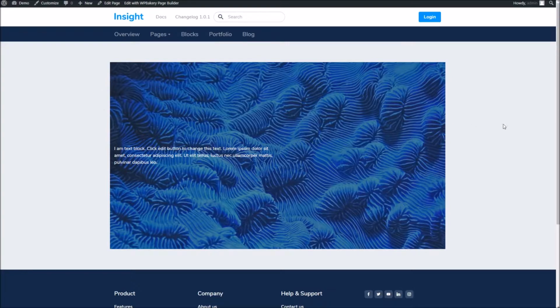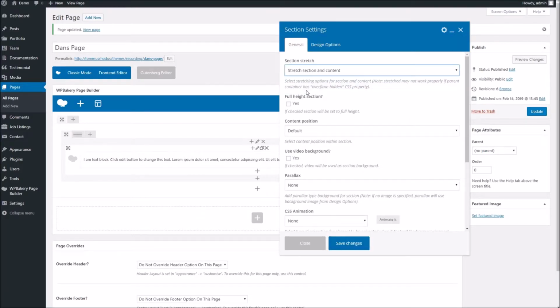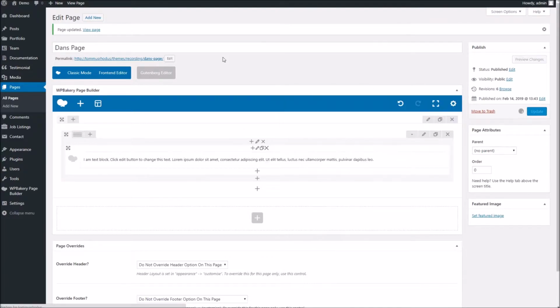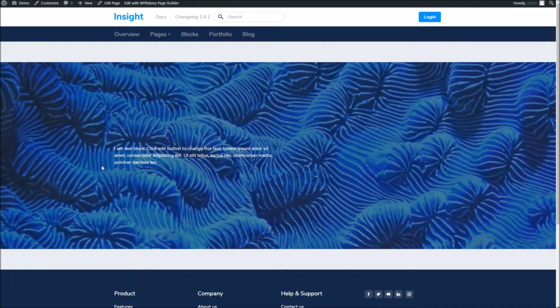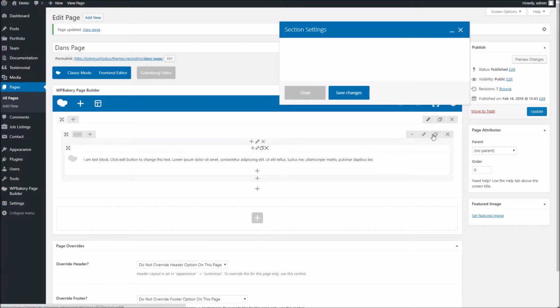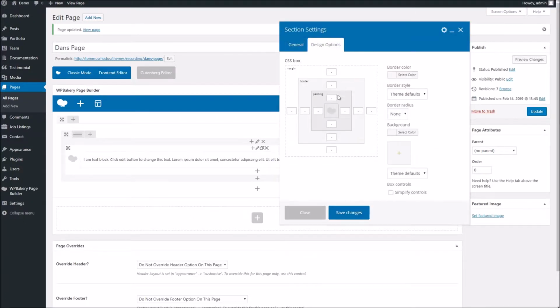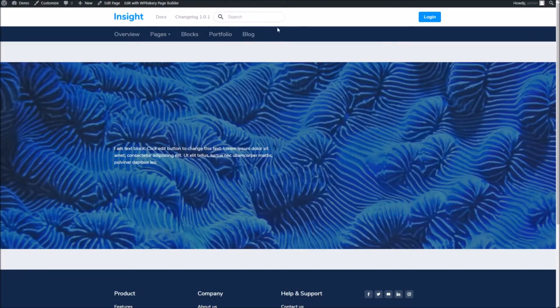If we want it to go to the full width of the entire page, we can stretch the section and content. And that will basically stretch the row that's in the section as well. So there you go, you can see that it's now fully filling out the width of the page. Now we do have this gap at the top and bottom, so if we wanted to remove those, if we go to our section again, go to edit, under the design tab, for the padding we can specify 0, just like that. And if I update the page and refresh,